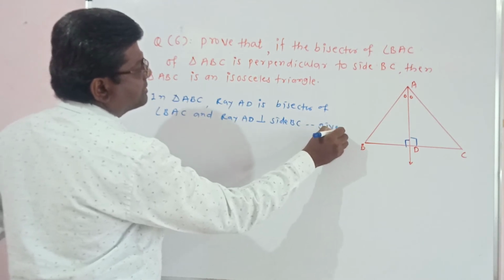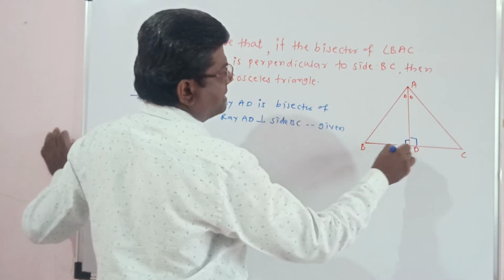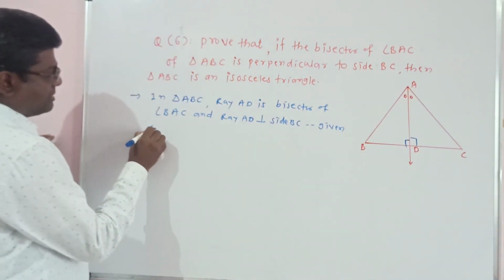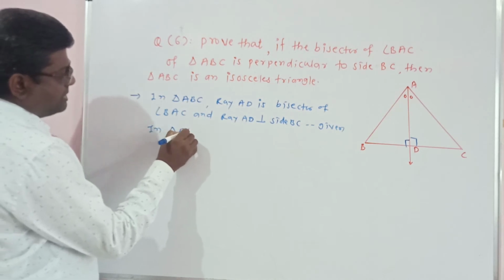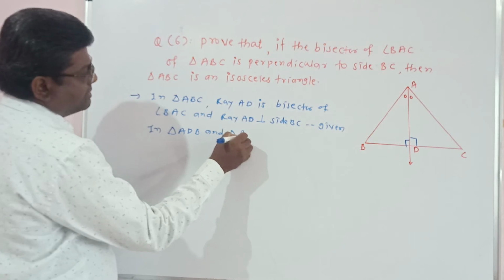It is a given. Therefore, there are two triangles, triangle ADB and triangle ADC. In triangle ADB and triangle ADC,